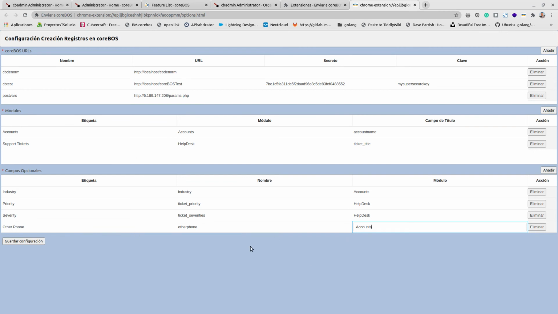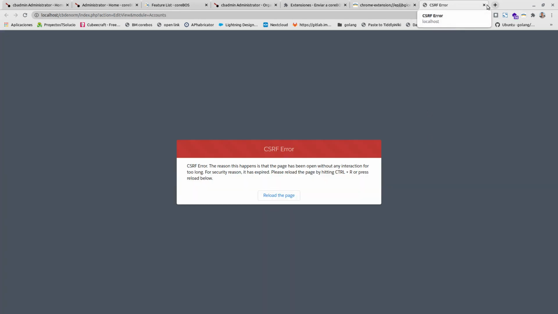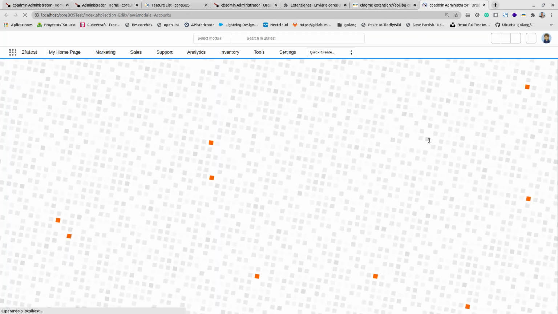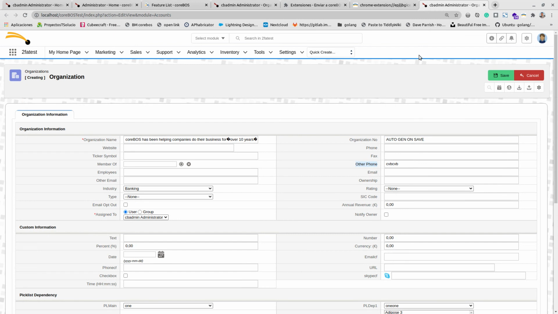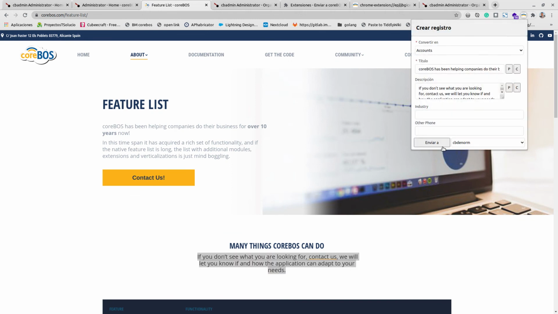Remember to click, unselect that. If not, it doesn't save. And then we put save, and now if I open this up, I should have the other phone here, and I can put anything I want here, and that should send. Okay, wrong endpoint, CB test, whatever, and I have other phone filled in. So you can actually kind of fill in all of the forms, all the fields that you need. Okay, once you have this configured, basically it's just a question of filling in the information,